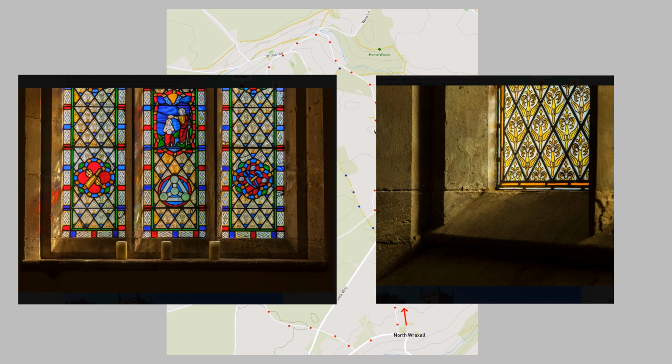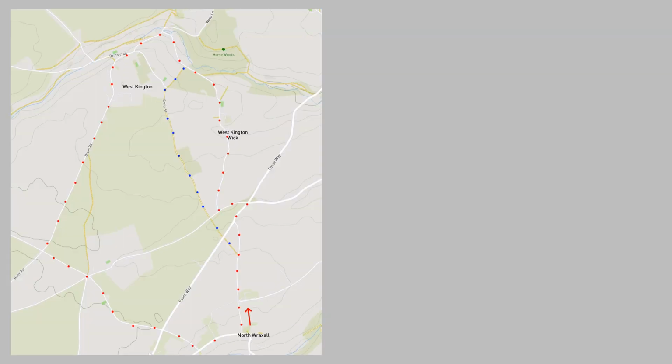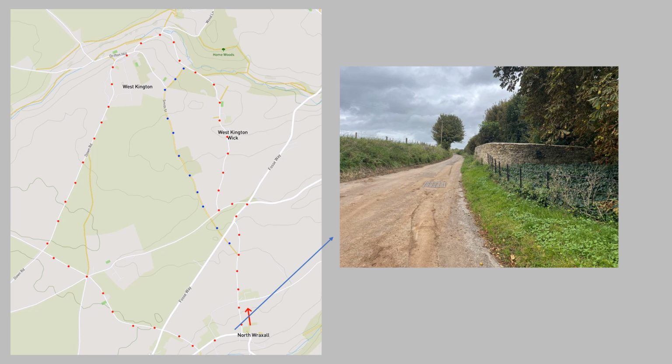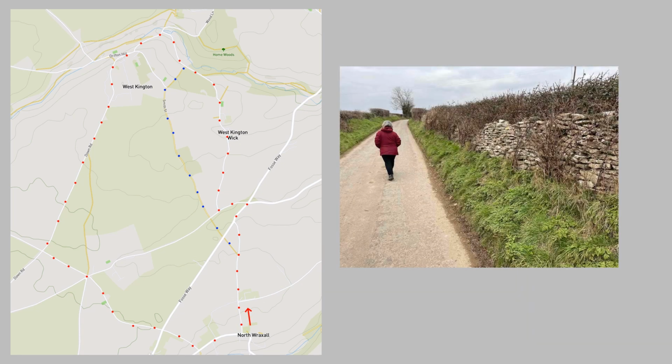Okay, that's North Wraxall and that's North Wraxall's architecture. Let's have a look at the shape of the proposed walking route out of and around the village. Well, it starts here outside the larger of the two churchyard gates, and it continues in this fashion until you reach a point here